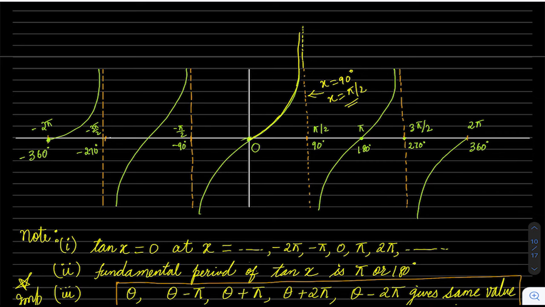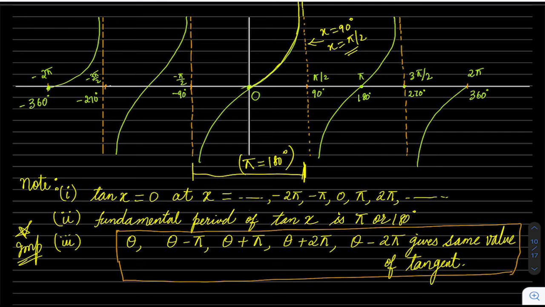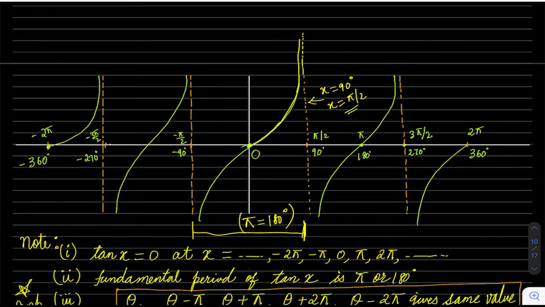The period of this, as you can see from the graph, if I take this length, from minus 90 to plus 90, it will be 180, or you can say pi. I can draw the whole graph, or you can say it repeats after this. You can see the same pattern again and again on left and right. So the important thing is the fundamental period of tan x is pi. It means you can add pi or subtract pi to any angle, and in the case of tangent it will not change the value. You will get the same value.